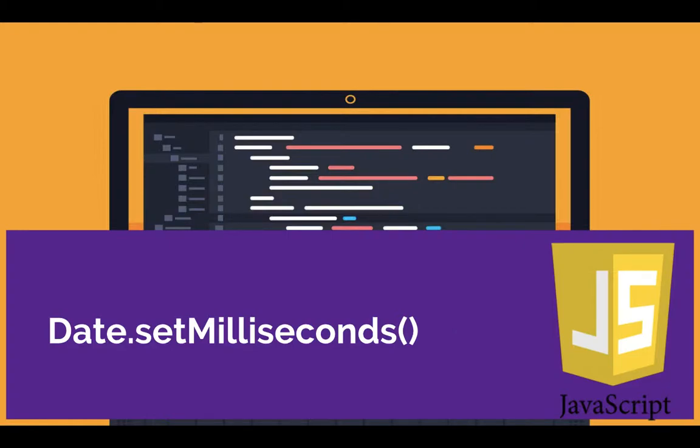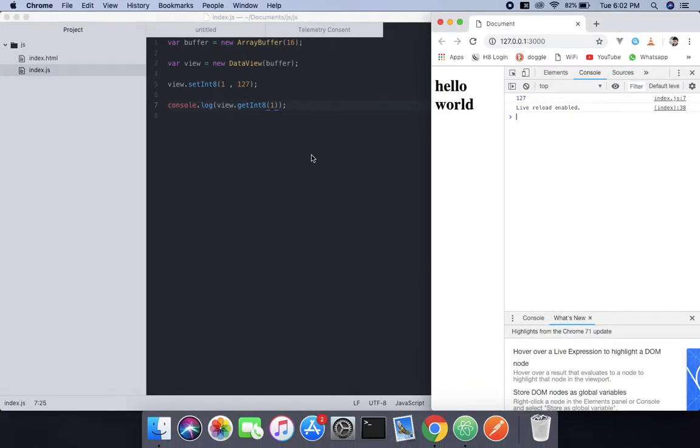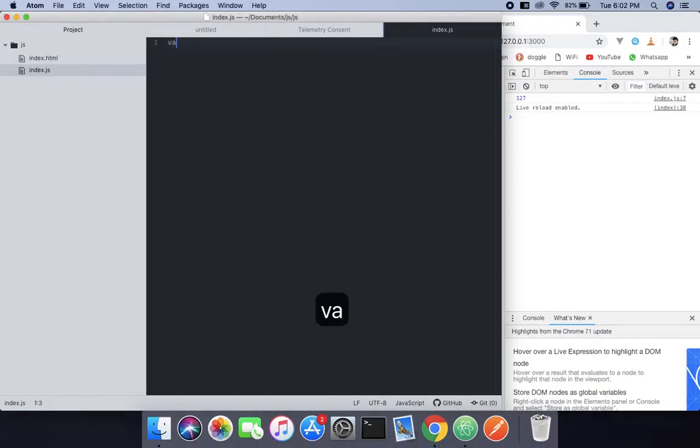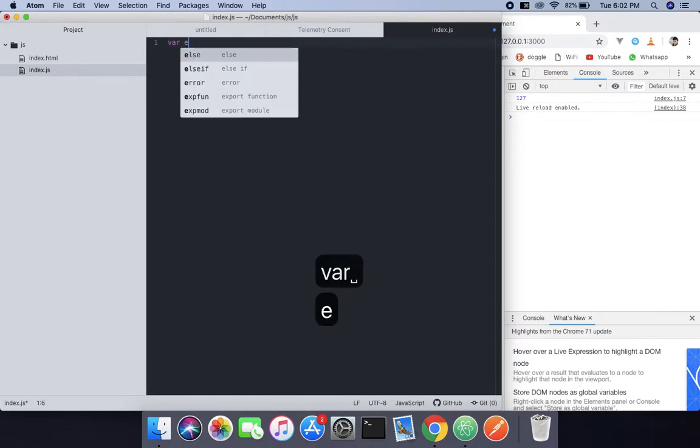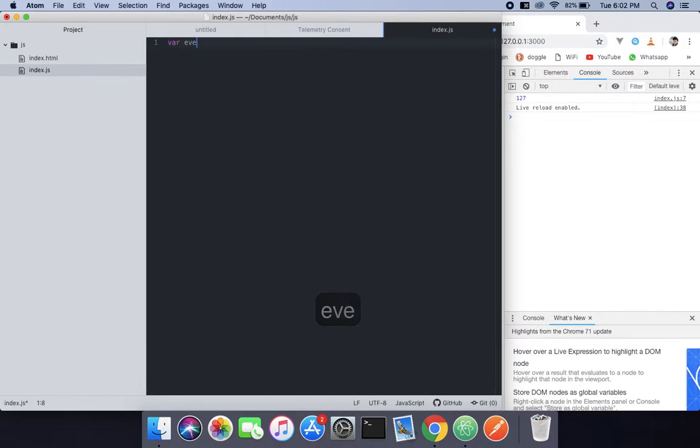Assad here. In this tutorial, I'm going to talk about the setMilliseconds method in the Date object. So what it does is, when you need to create an event, use the new operator and name it as used for the Date constructor to construct a date. And inside that, what we're going to do is